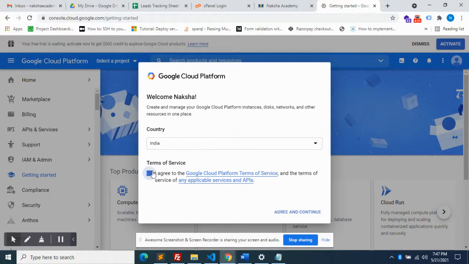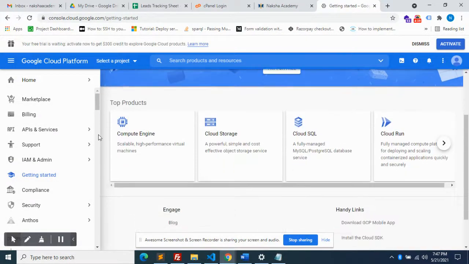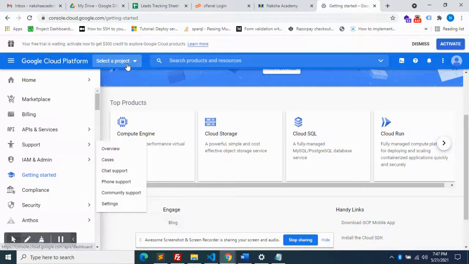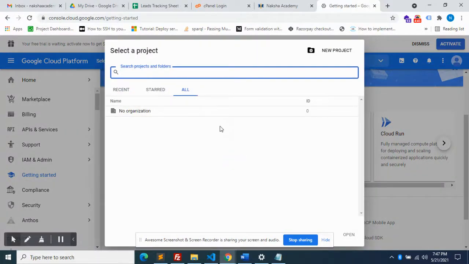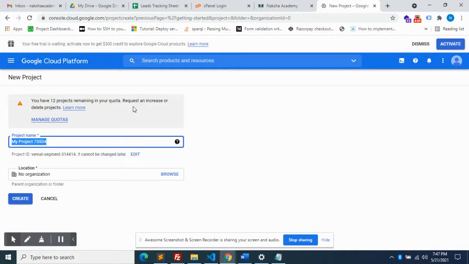You have to agree to the terms and conditions. So agree. Done. Now we are going to create one project here. There is no project right now, so we can create a new project. We'll call it leads tracking.